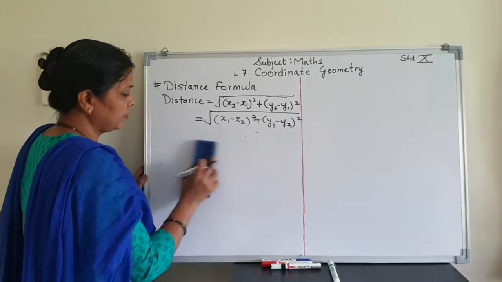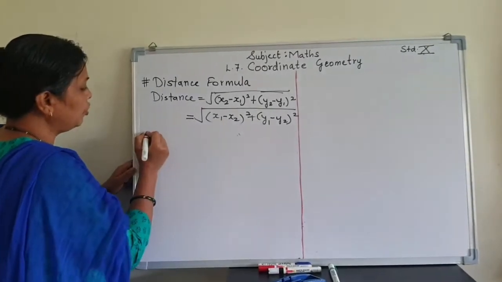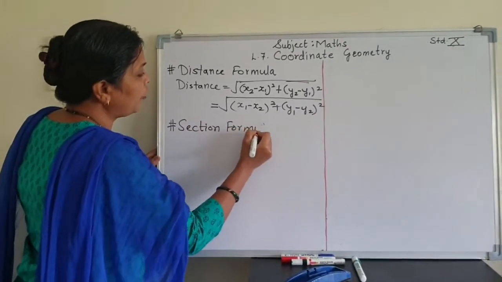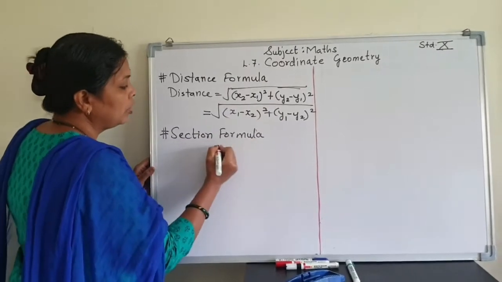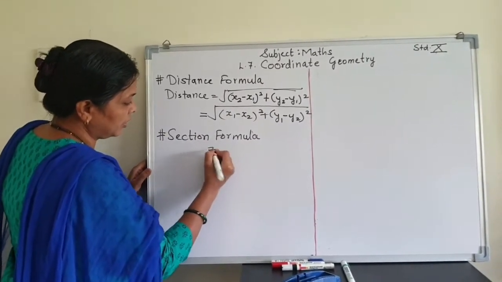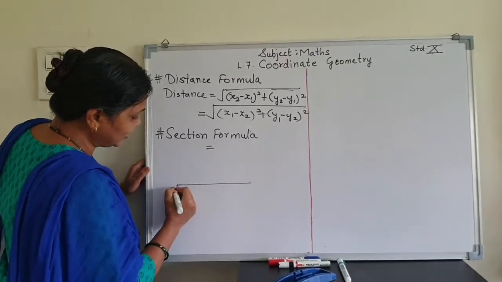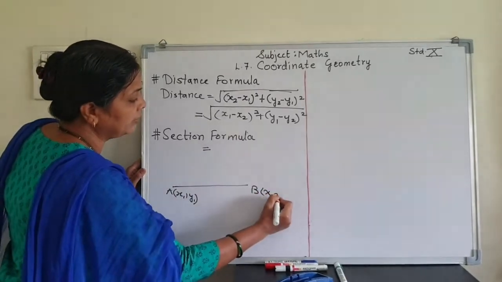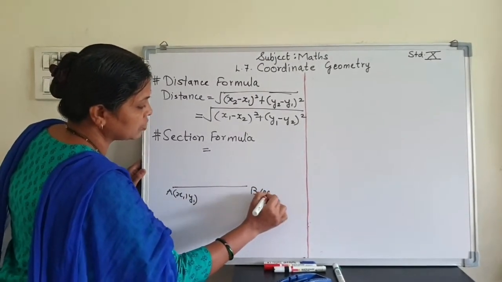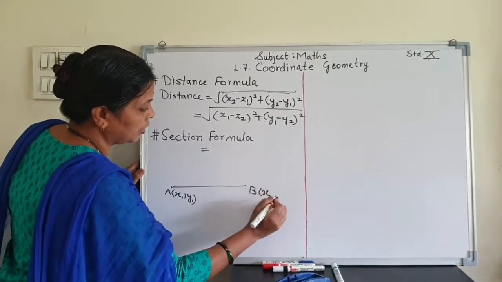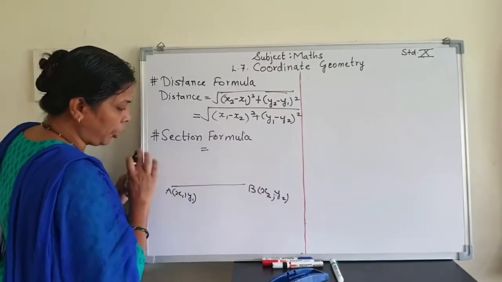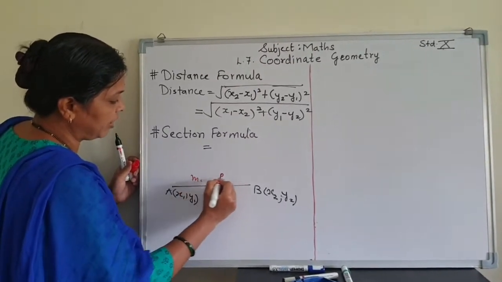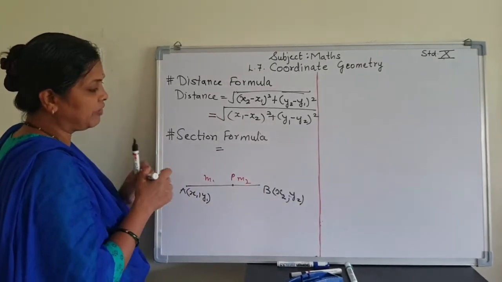So, let's go ahead now. In the previous video, we have seen the section formula. So, what is the section formula, or for what we use this section formula? So, let me tell you. Here, when a line segment is given with given coordinates x2 here and here y2, and a point P is dividing this line at some ratio m1:m2, then what is the section formula we get?